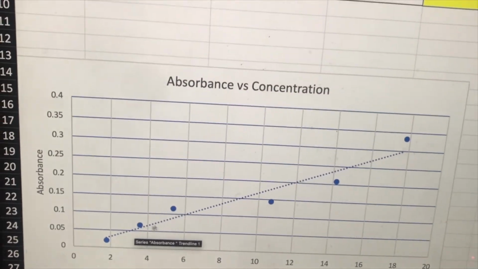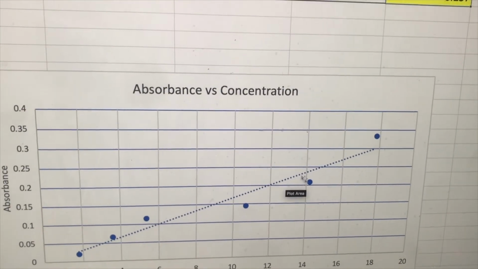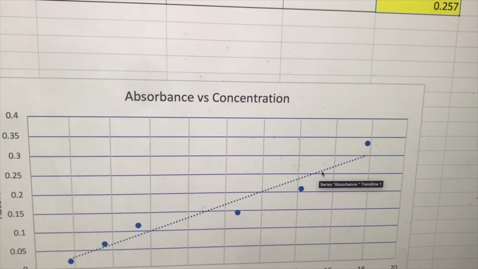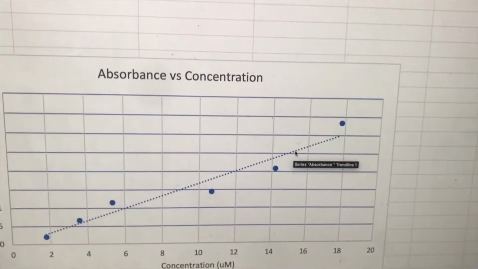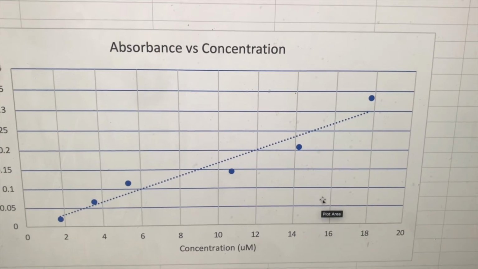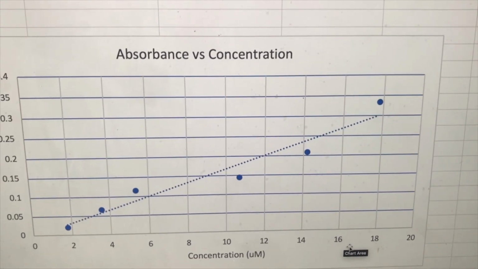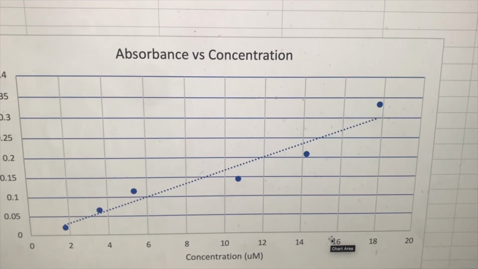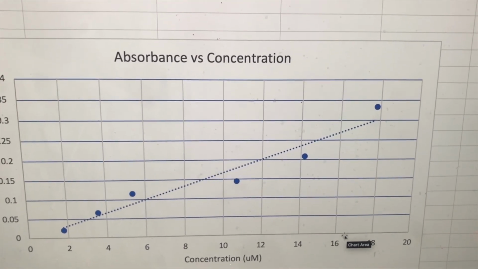So we go along the trend line to estimate the absorbance of the unknown, which is 0.257. Once we estimate that mark, we go straight down to the x-axis, which is the concentration, and we estimate the concentration that corresponds with our estimated absorbance. I estimated a value of 15.6, and this is an estimation. It may not be correct and say,